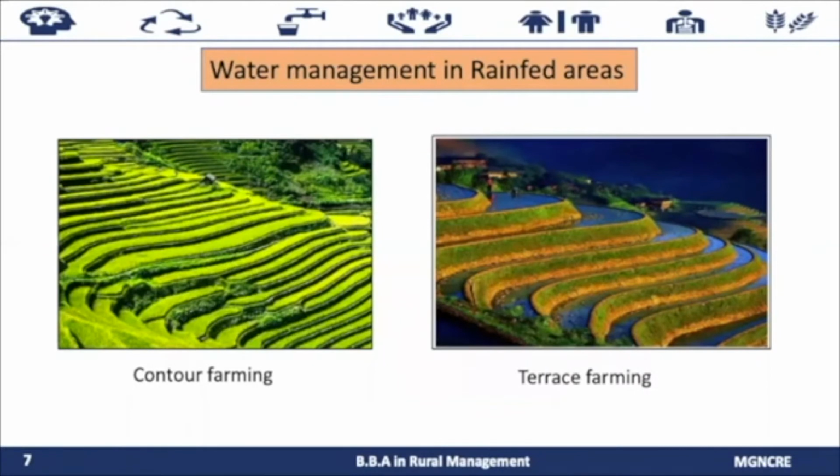So coming to contour farming and terrace farming, both of these farming practices are practiced mostly in hilly and mountain regions. So first one is contour farming. This helps the soil maintain its fertility by preventing the downwash of the fertile topsoil of a farm, so that better yield will come. This method also reduces soil erosion by more than 50%, and it also reduces the loss of soil fertility, and by that, the use of fertilizer also reduces.